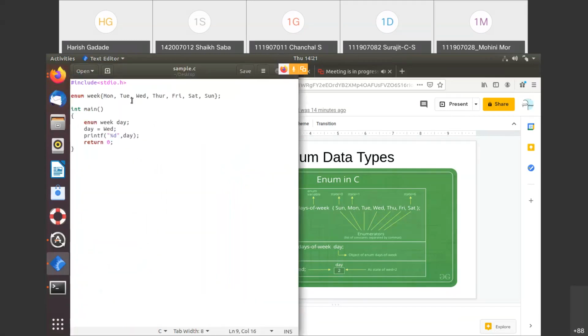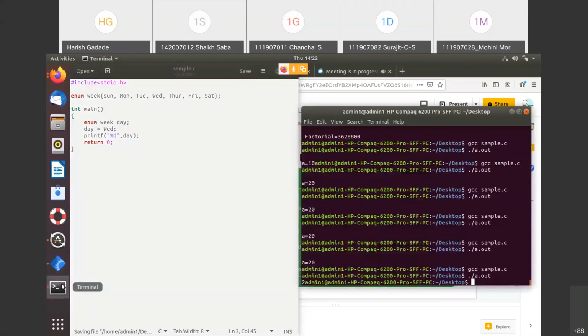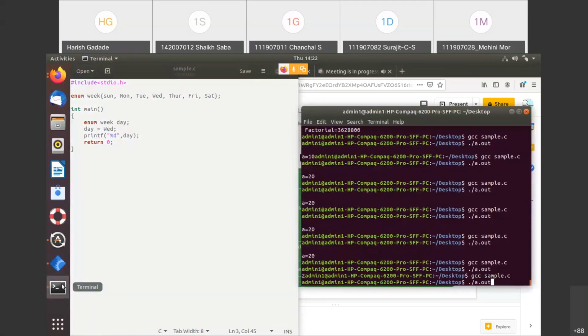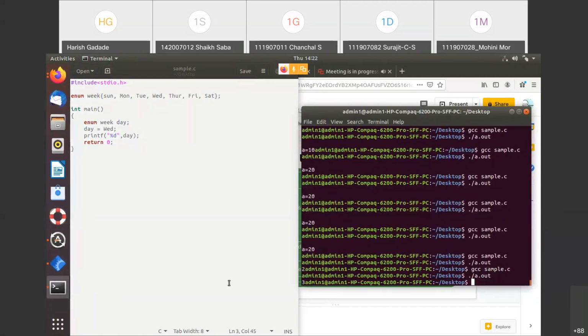If I change this one, and I just remove this, then you can verify the output. Compile, run, you can see here that the output is 3.